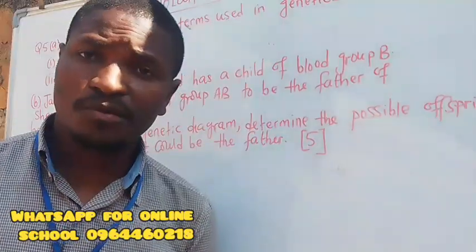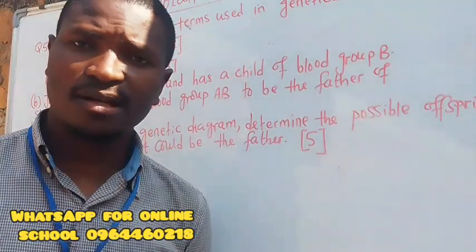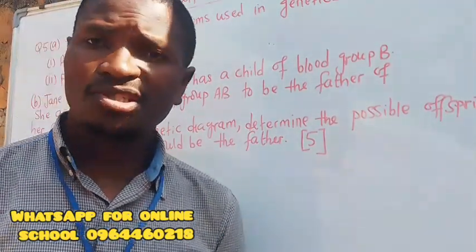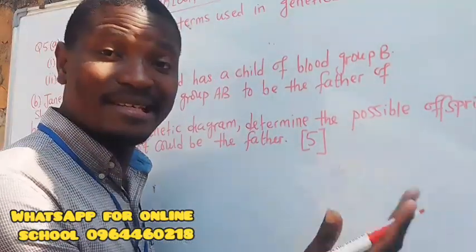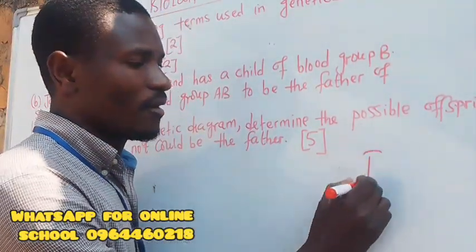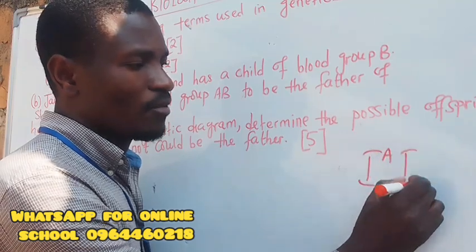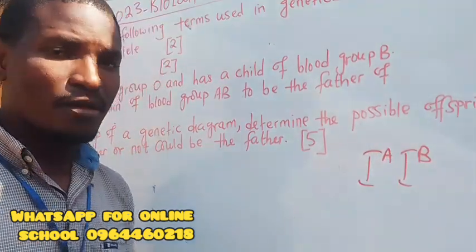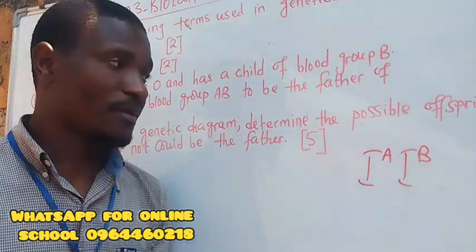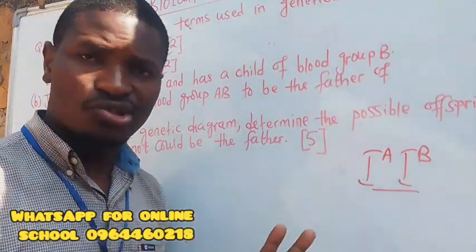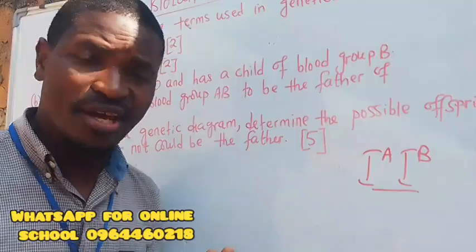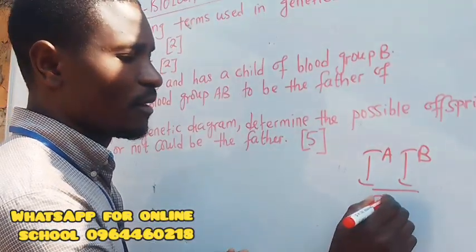So now the most important thing to understand is that when you're looking at a genetic diagram, and this is in relation to blood, make sure that these alleles are like this. For example, somebody in blood group AB, this is how you can represent this. Now we know that this is for John, and for Jane,